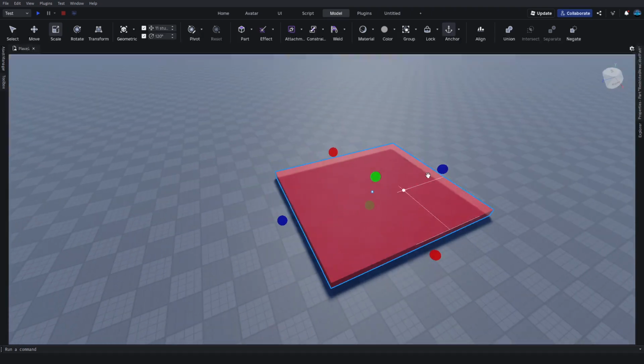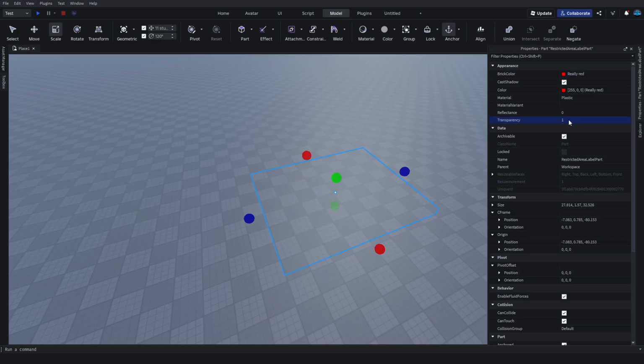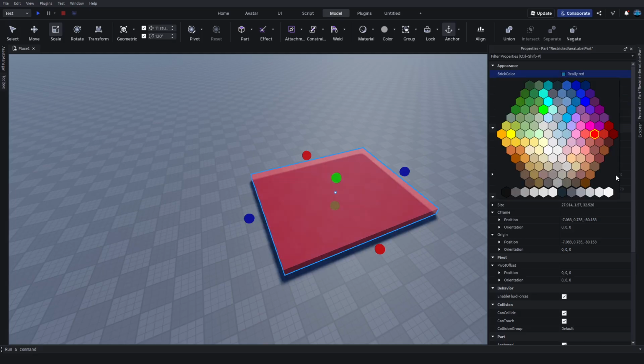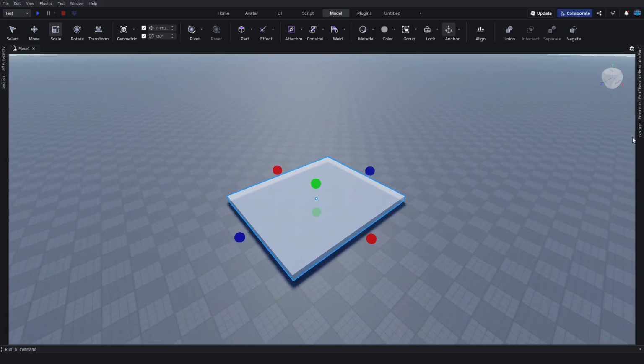And then what you want to do is like this, and the color doesn't matter. And the transparency also doesn't matter. But I'm gonna keep it as 1 also. But like in that video if you watch it. But I'm gonna keep it at 0.5 and then change this to white. All right, then after that's done, you do not need this to be